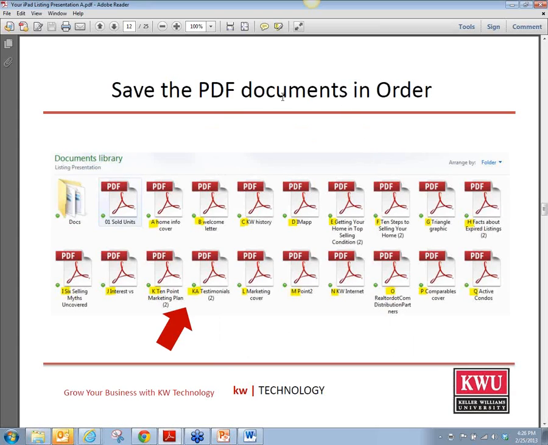All right, so now I have all my PDF documents, and I start saving them in order. My home cover sheet, I label A. B, my welcome letter. C, KW history. D, the IMAP record for that property. E, getting your home in top selling condition. F, 10 steps to selling your home. Now, if you decide to use the